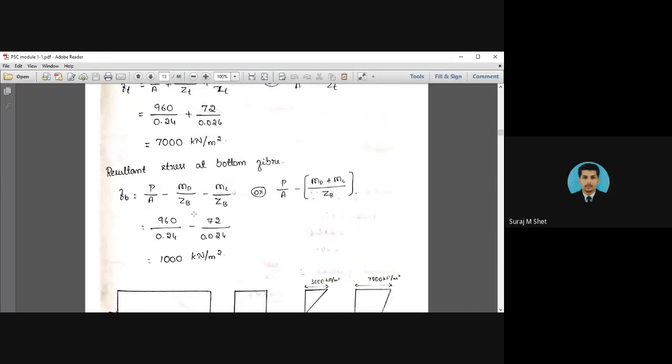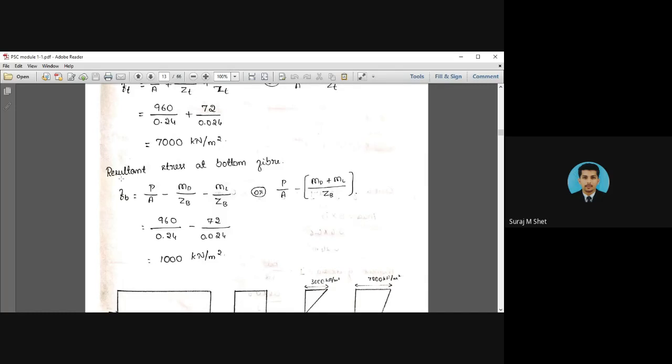Here what is the formula? Why here taking minus? Because the resultant stress at the bottom is always negative. So this is the formula: P by A due to pre-stressing force divided by area, and this is dead load and live load. At the top fiber this is positive, and at the bottom fiber the dead load and live load acting at the bottom have to be taken as negative. But in the exam you have to keep in mind that the dead load and live load acting at the bottom fiber is negative, top fiber is positive.